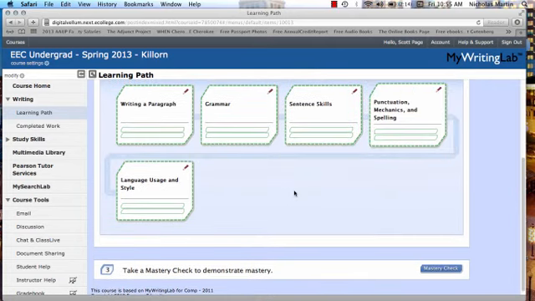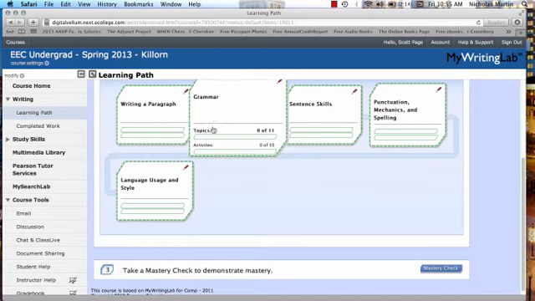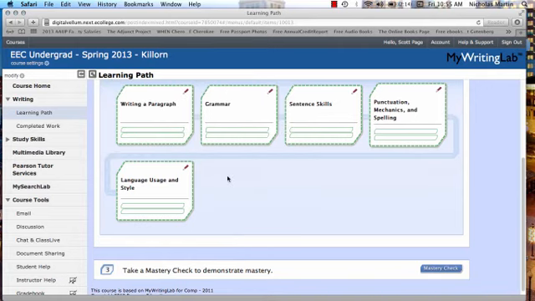So again, it's not something you have to do, but it's something that we really encourage, especially right before you take the MTLEs. So even if you finish up all your exercise sets by the professional education deadline or the end of the semester, but you're not taking your MTLEs right away, what you might want to do is, say, a week or so before the MTLEs, go ahead and sign back in and come back and take that mastery check to demonstrate mastery. And what that means is it's basically going to give you the same kind of questions from the pretest, so that way you can learn where you may need to work on, especially right before the